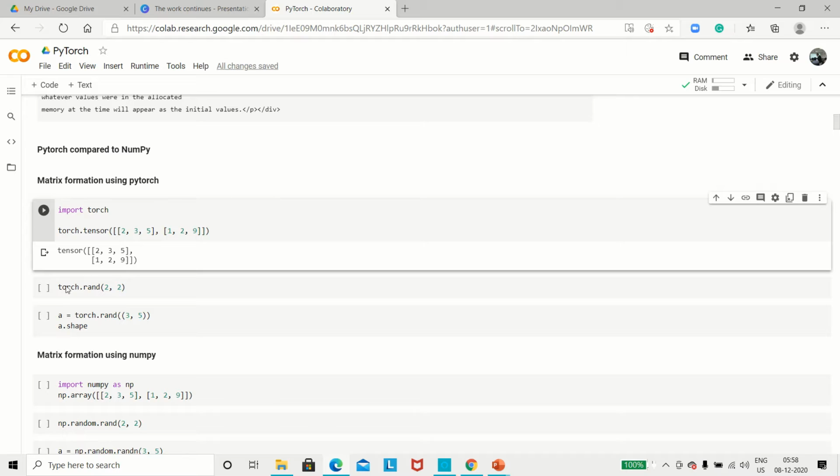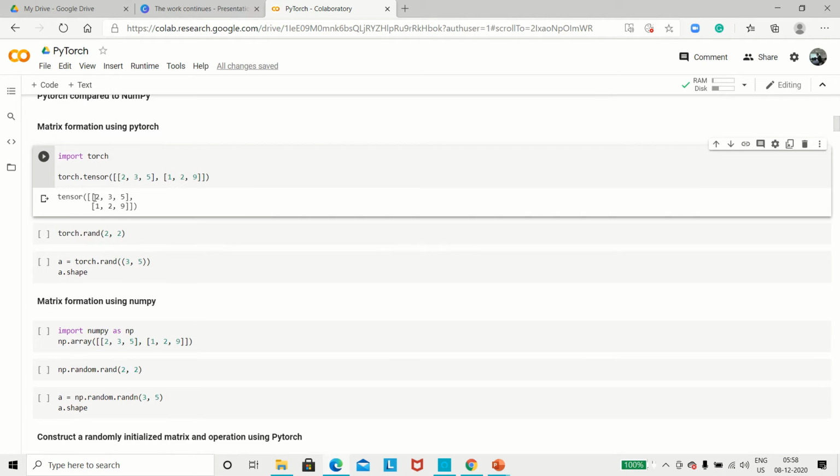As you can see, it has created this array. The first row consists of values 2, 3, 5, and the second row consists of values 1, 2, 9. A matrix, as I told you, is just like an array, shown in the form of tables. Since the majority of data is available in tabular format, matrices are the most used concept when it comes to deep learning or neural networking.